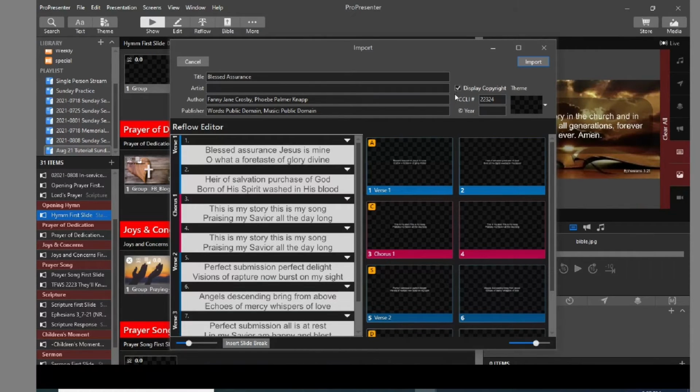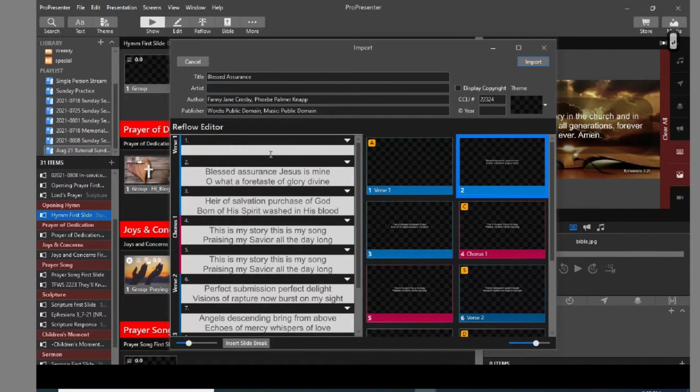While we're in here editing, we want to uncheck display copyright theme, because this will put an extra text line on every single slide that shows the copyright, and we don't want that. We can also add a title slide in here. I'm going to hold down the control key and hit enter, and it adds an extra slide at the beginning. And if you recall, this was, oops,